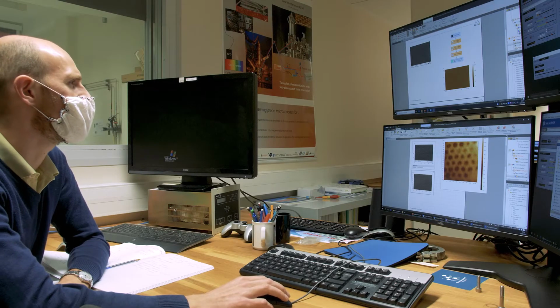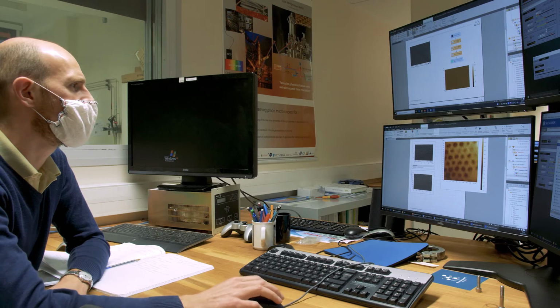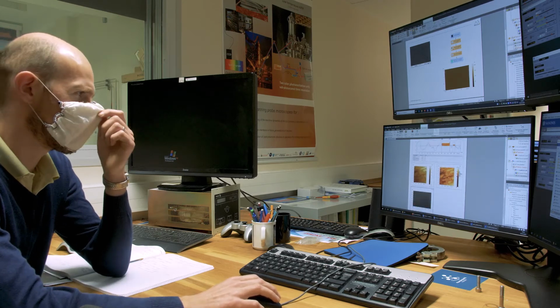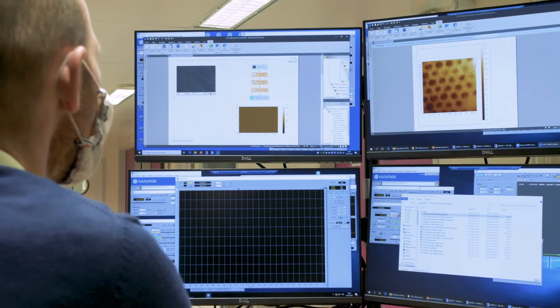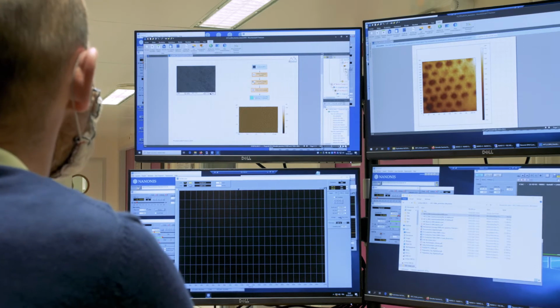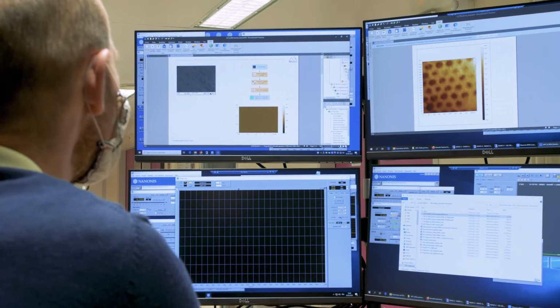All these measurements can be analyzed together in one single software, Mountains software, in order to correlate the results. On this sample, we wanted to probe the conductivity of a quantum well. This was done to make sure that this sample can be compatible with lower temperature measurements.